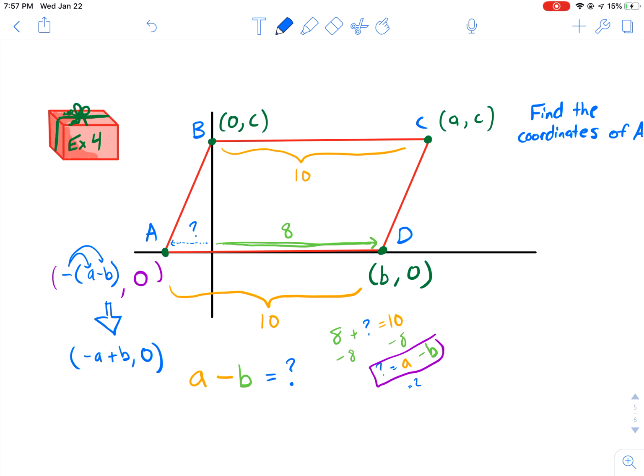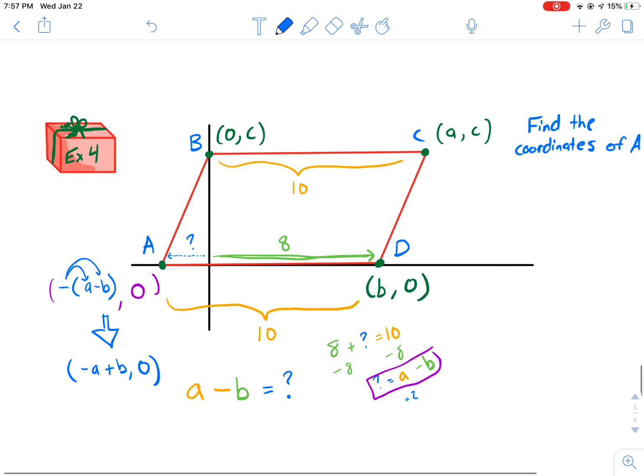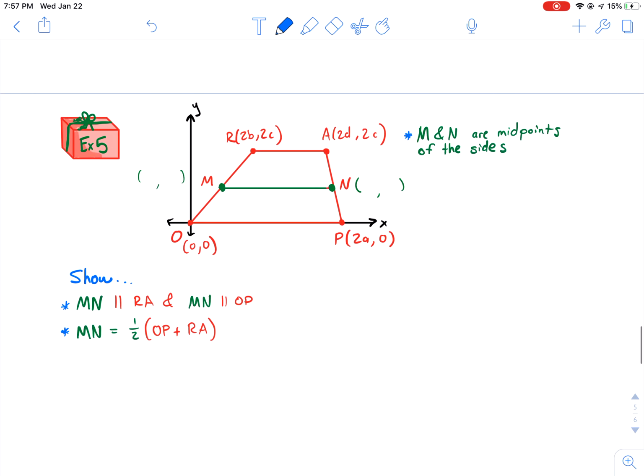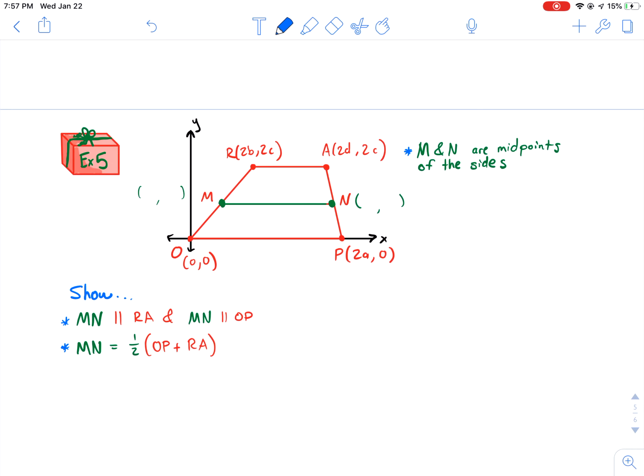Tune in for the last series of videos. It might be 1 or 2, depending on how long it takes to figure out example 5. That's going to be our last set of